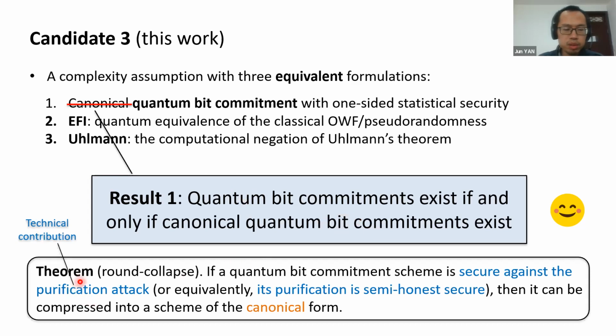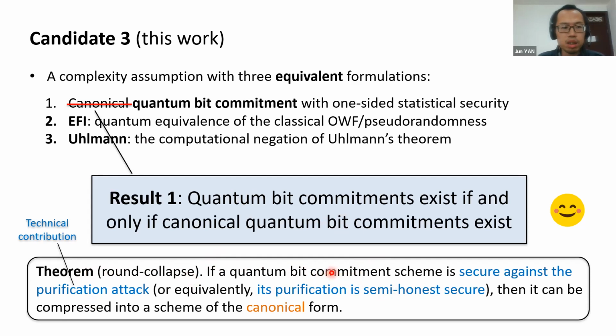Actually, we prove the following Round-Collapse theorem. It states that if a quantum bit commitment scheme is secure against the purification attack, or equivalently, its purification is semi-honest secure, then it can be compressed into a scheme of the canonical form. This theorem's proof is very simple, but it has many impressive features, which I do not have time to talk